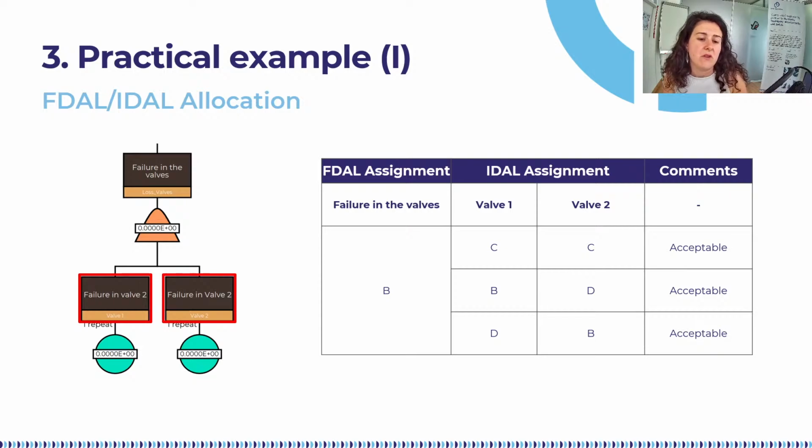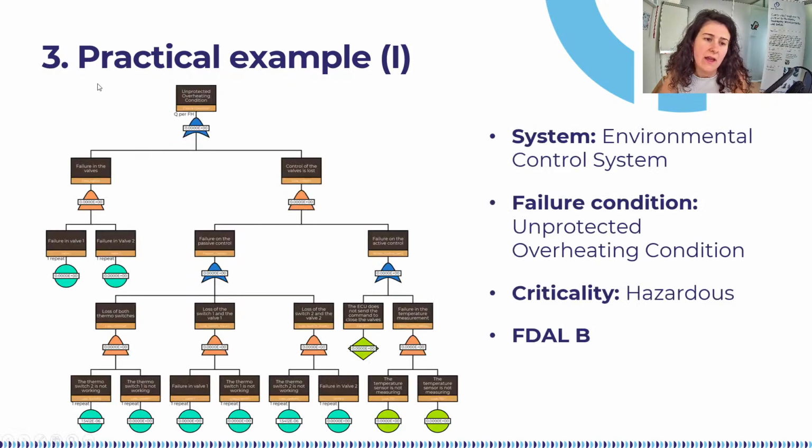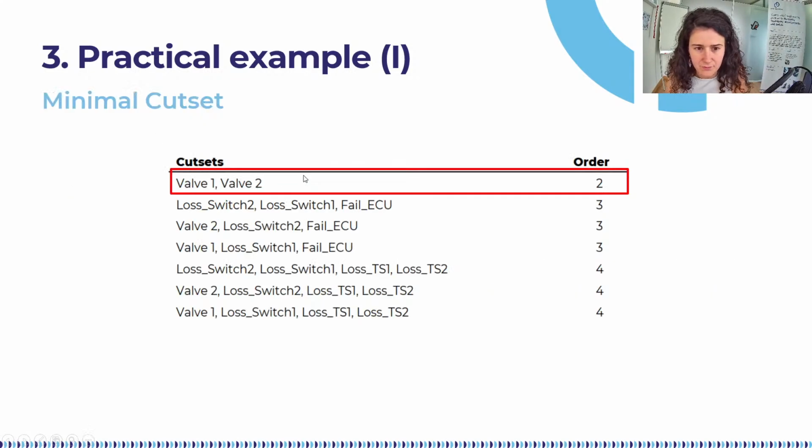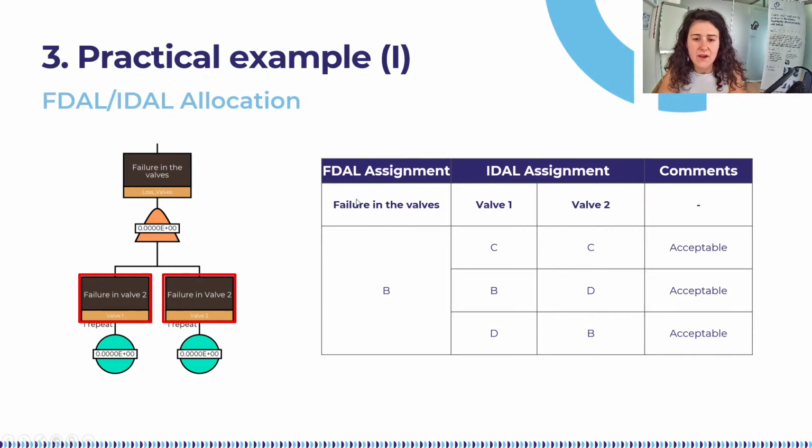So first we will evaluate this case, that is the ECU one. So we have the AND gate is failure in the valves, and that needs to be an FDAL B, because we are B, and as it is up the OR gate, that is B, and that needs to be B. So here we have failure in the valve B, so the combinations for valve 1 and valve 2